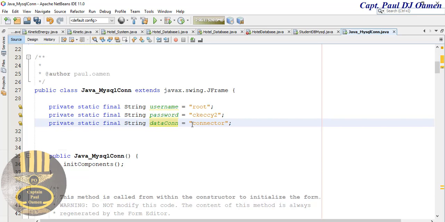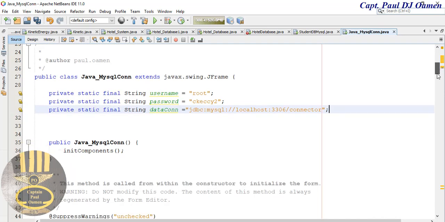Now this data connect, I'm going to ask it to be connected by JDBC:MySQL://localhost:3306/. There. Okay, now that that is done,